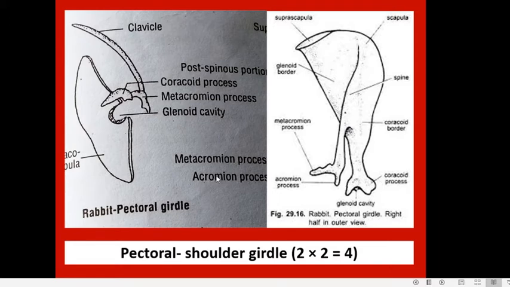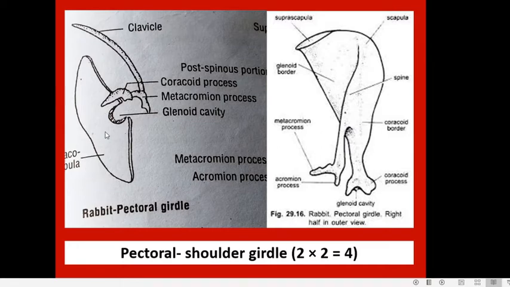Each half of the pectoral girdle consists of 2 bones. They are called the coracoscapula, which is this one, the one which looks like the blade of a fan. So this is called the coracoscapula, and there is a rod-like bone which makes up the collar, called the clavicle. So these are the 2 bones which make up each half of the pectoral girdle. The coracoscapula is also called the shoulder blade, which is a thin, flat bone.